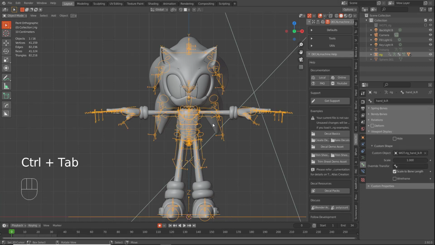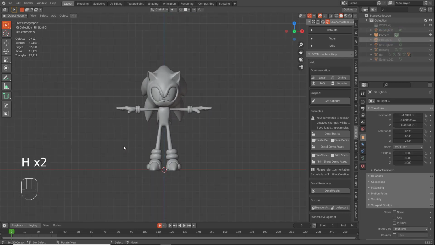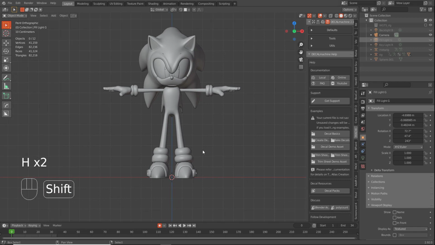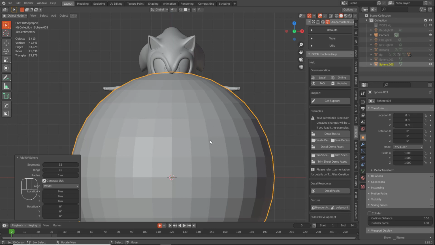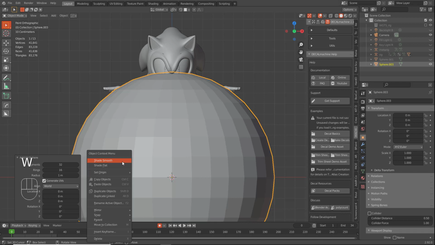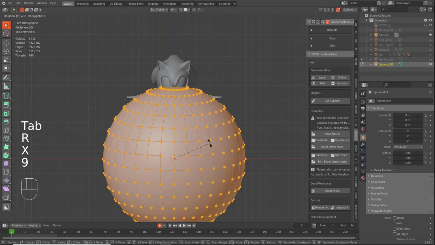So we're actually going to hide the main rig and hide these lights, because they're in the way. Next, we're going to Shift S, cursor to world origin, Shift A, make a sphere. Now the reason we're doing this again is because we want to add some shape keys and parent it properly so that it follows the rig, and then we can set up some controls for it. So let's go here, RX 90 degrees,